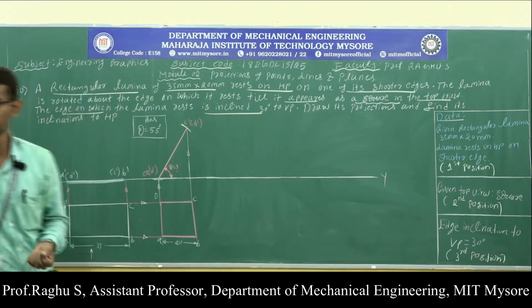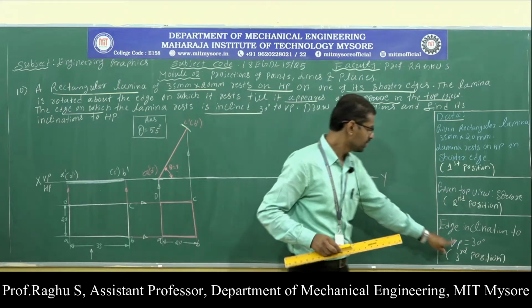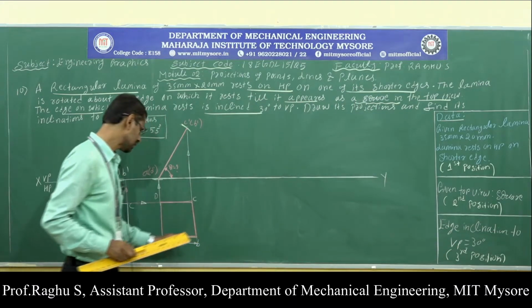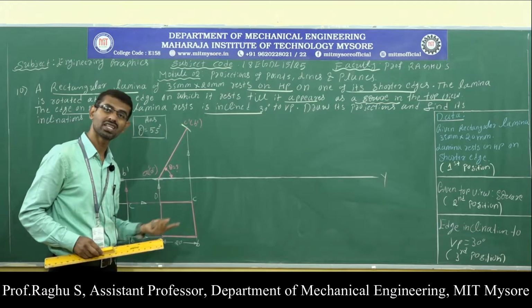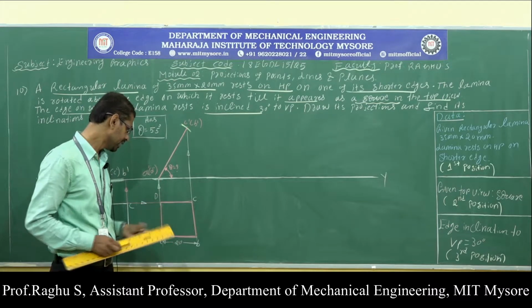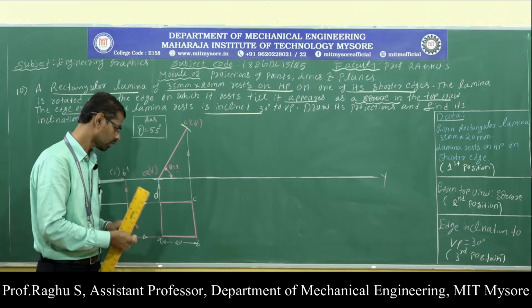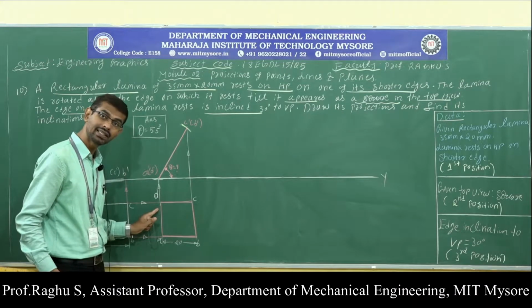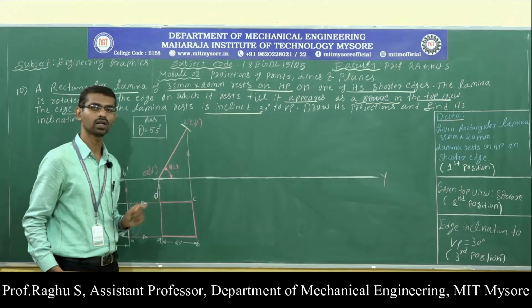Next, to draw the last position, here I need this data: edge inclination with respect to VP, that is 30 degrees. The edge on which the lamina rests, out of 4 sides, which one is the resting side? AD is the resting side, the side towards our left side. Now you should tilt the lamina such that the resting side AD makes an angle 30 degrees with respect to